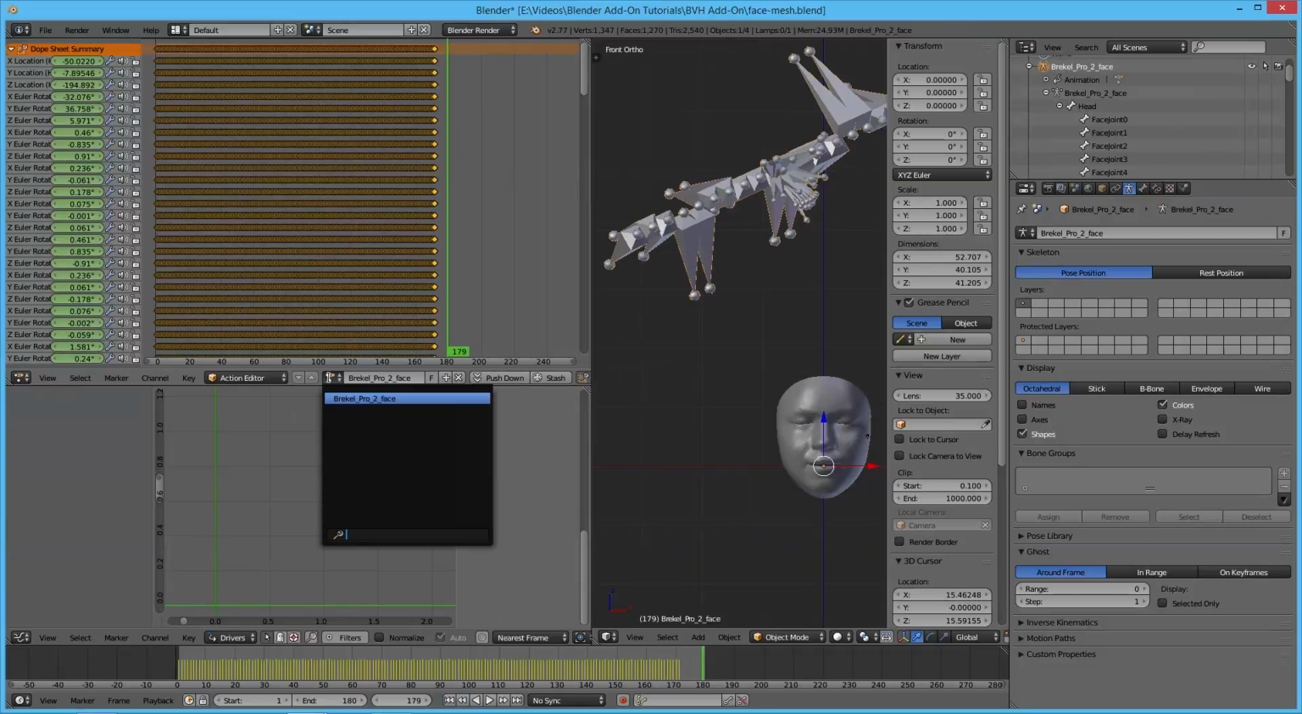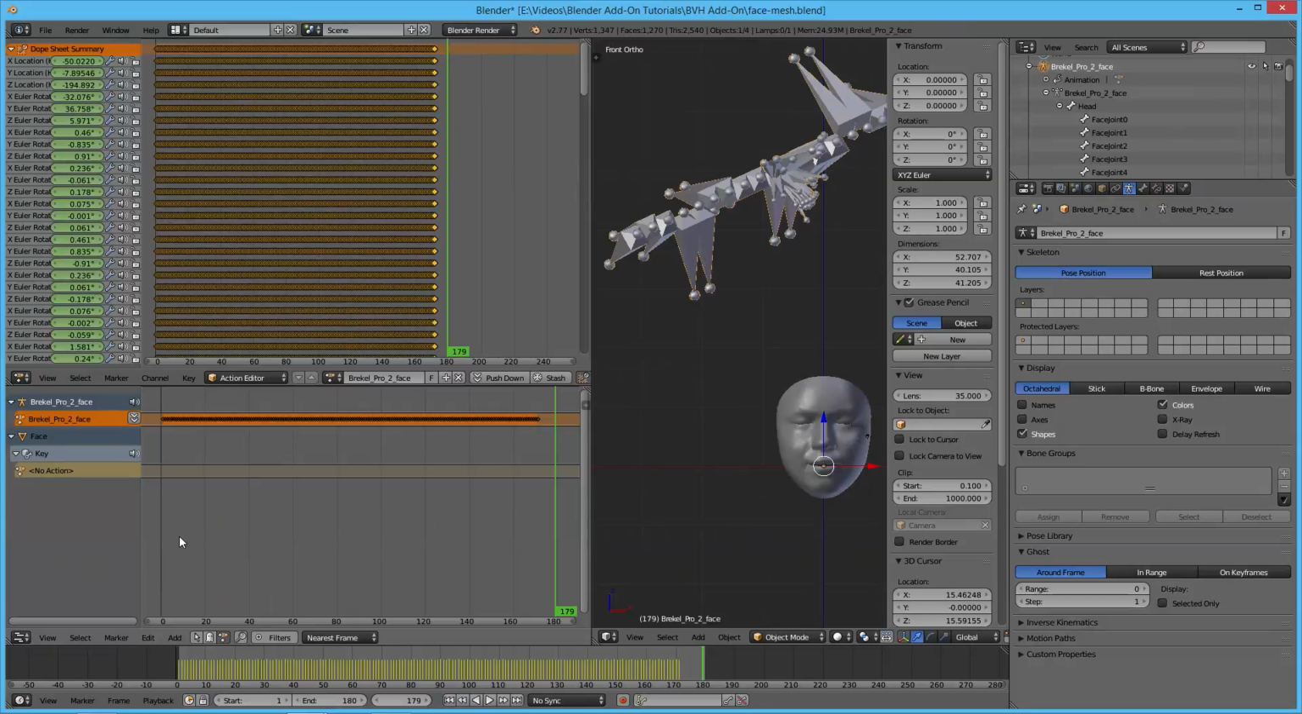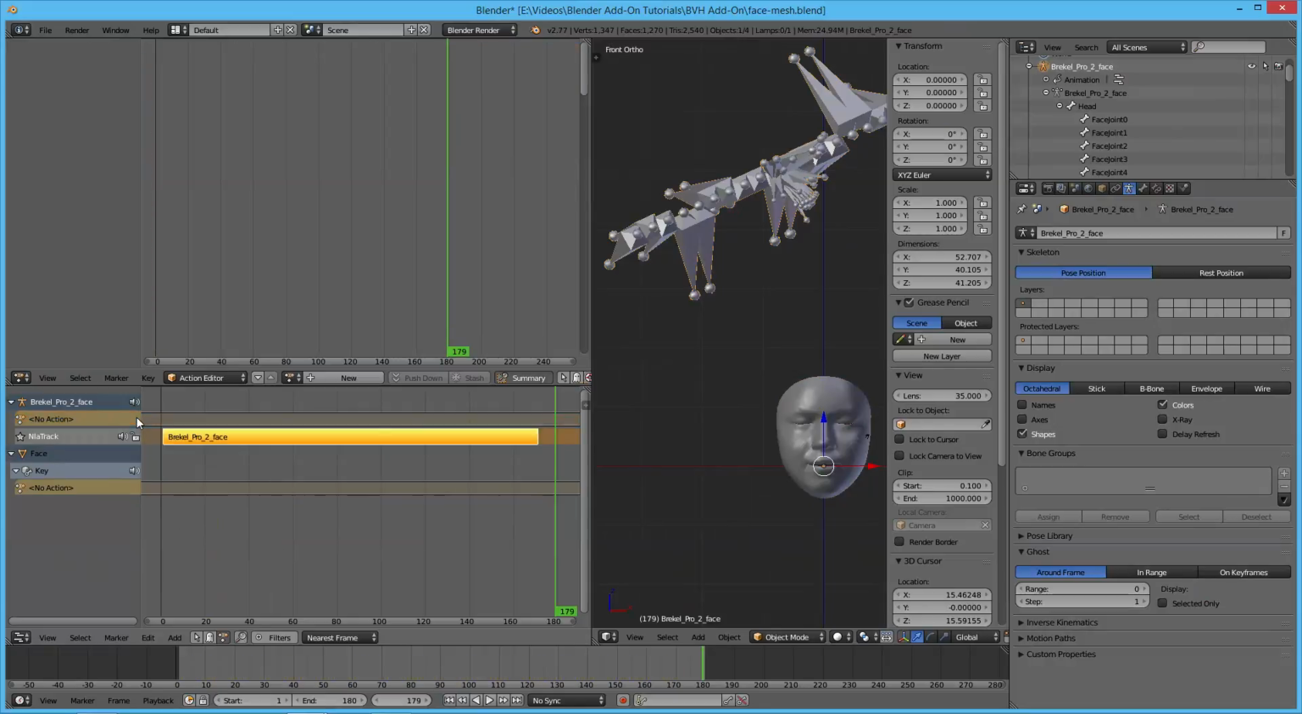It was associated with that as well. And we can go to the NLA editor, for example, and say, yeah, that's really great. I want to turn that into an NLA object. So there it is, right? But now I've got another Brekel